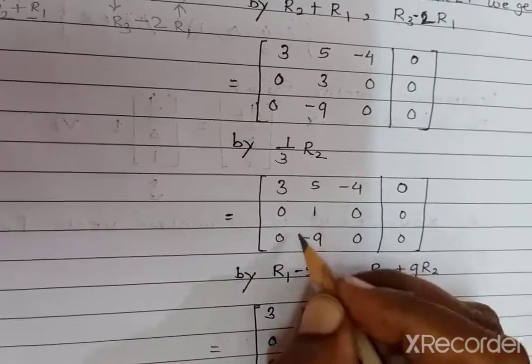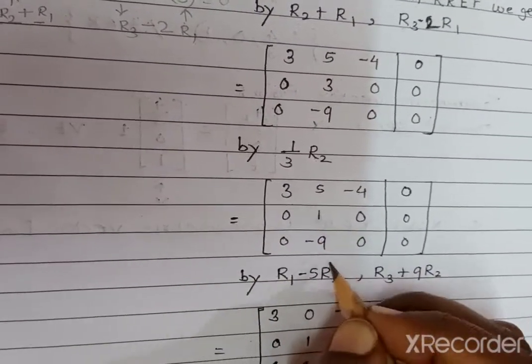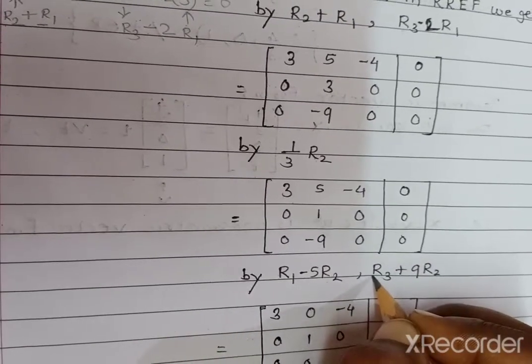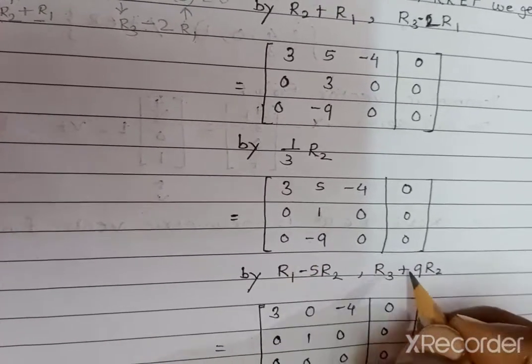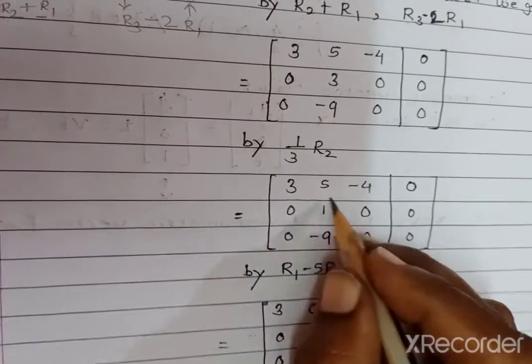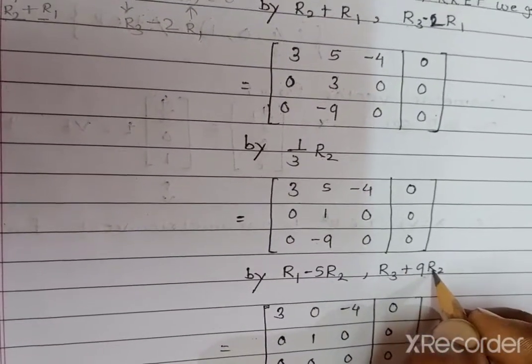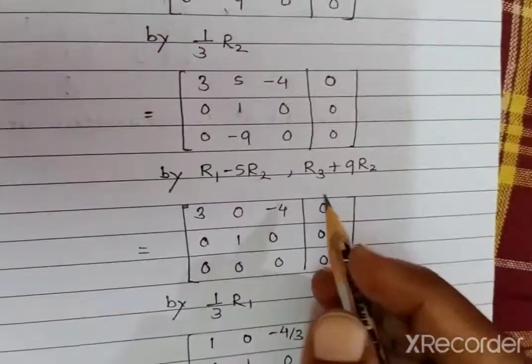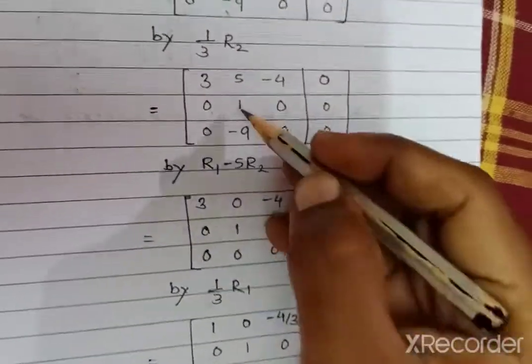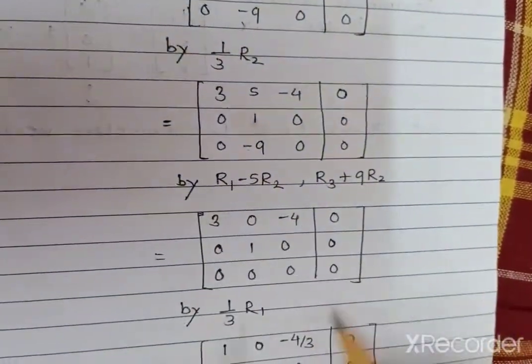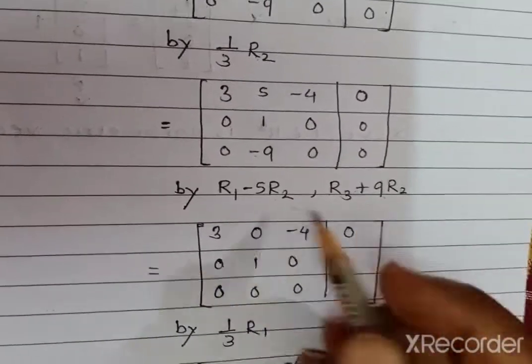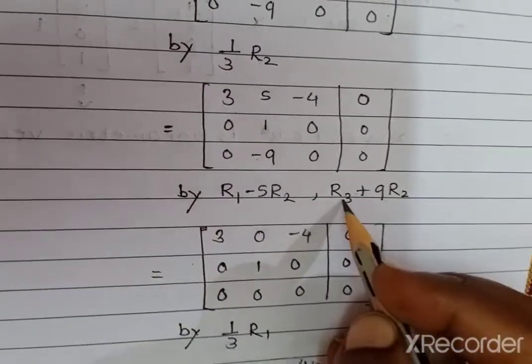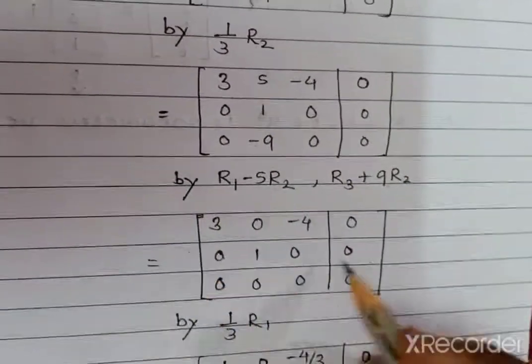So we have to make here also 0. So write down, do the changes in the third row. So write down the R3. Here is a minus 9, so write down plus 9, by using the second row. So write down R2. So these row operations are used to make its upper and bottom entry as a 0. So we have to follow that row operation on the first and third row. So the second row we have to keep as it is here.